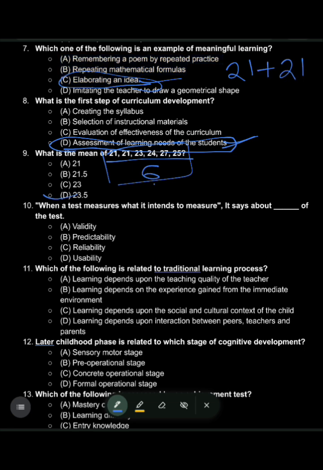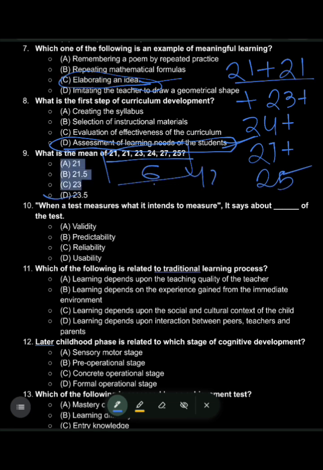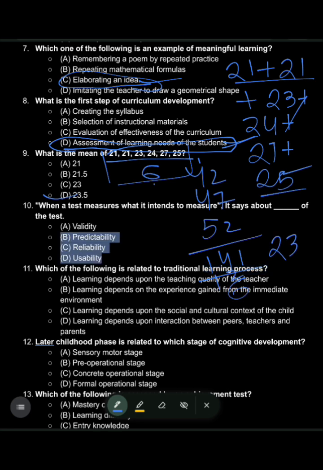21 plus 21 plus 23 plus 24 plus 27 plus 25. So what will be the total here? Our total will be, this is 42, this is 47, this is 52, and then we have 5, 10, 14, 141 divided by 6, 2 is 12, 21, it will be 3 is 18,